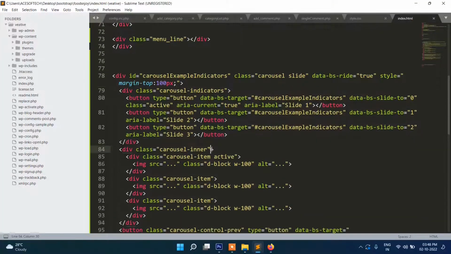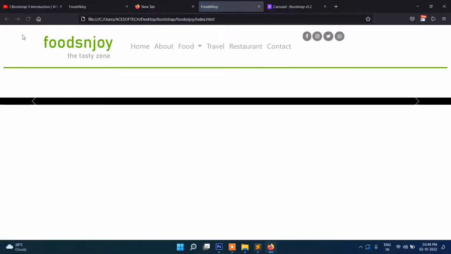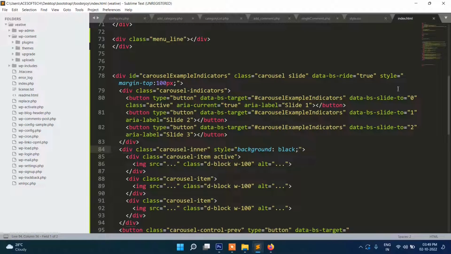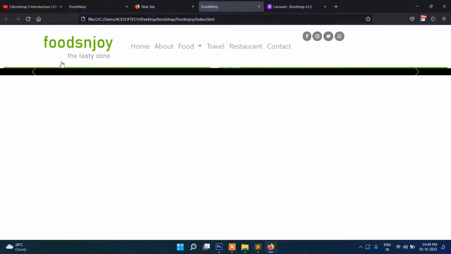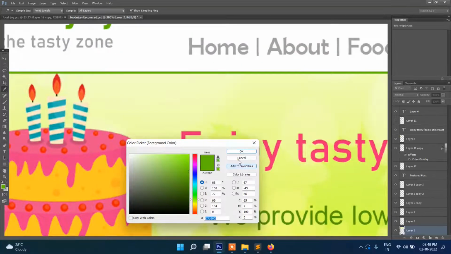This is carousel inner, style background black. We will change it with image because you can see there is no image. Yes, so slider is coming. That padding is not required actually. This style margin what we have written, so it will come from here. Now we will get our image,